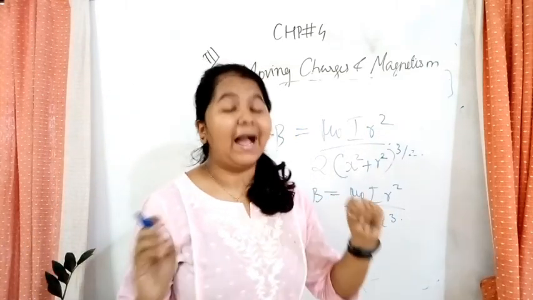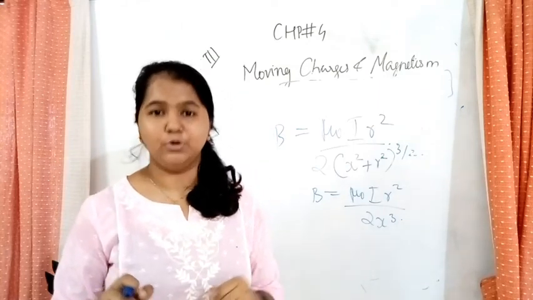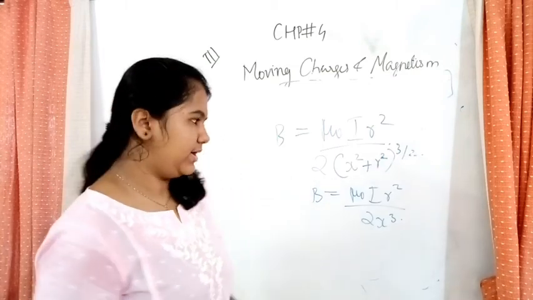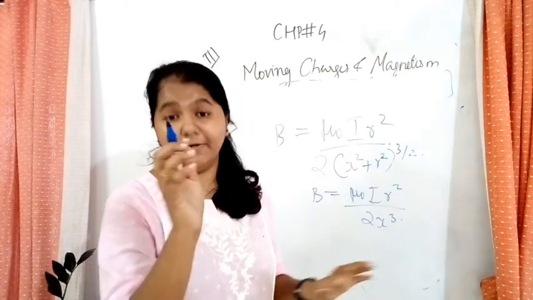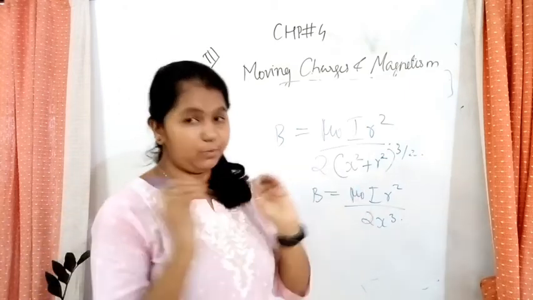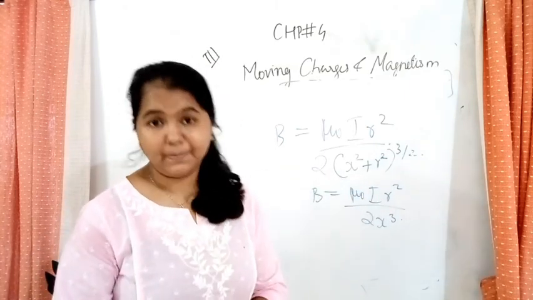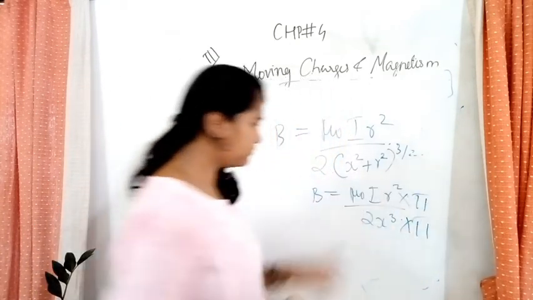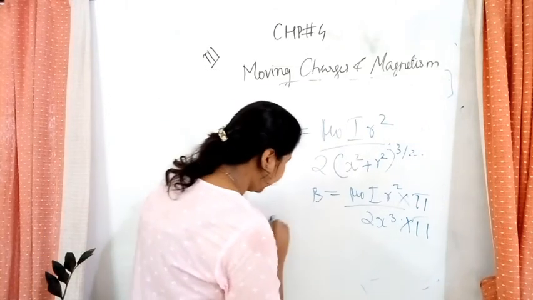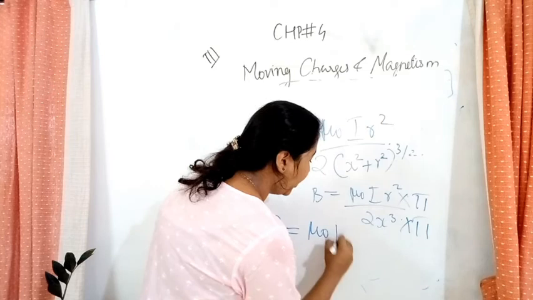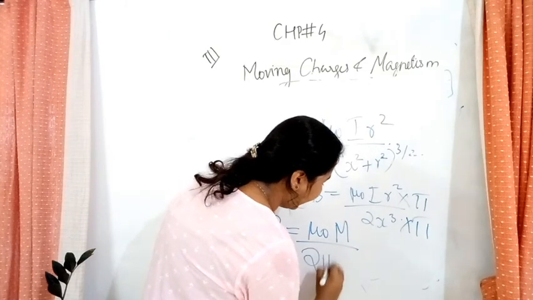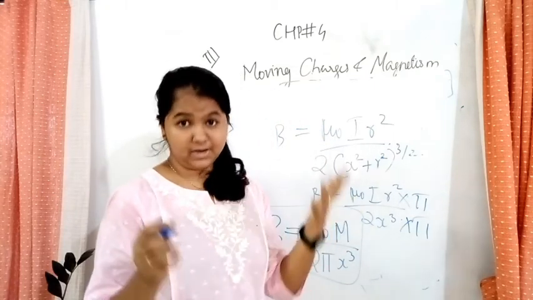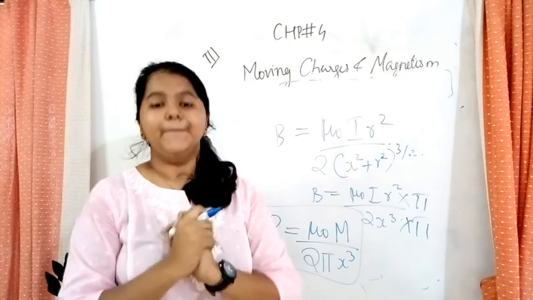Now we talk about magnetic dipole moment. What is magnetic dipole moment, as discussed just earlier? M is equal to I pi r square. So if you have to have an entity of M, the magnetic dipole moment, what should be multiplied to this? That is pi. So let's multiply and divide by pi. Our final equation is B is equal to mu 0 M divided by 2 pi x cube. This is our equation for a circular coil as a magnetic dipole.